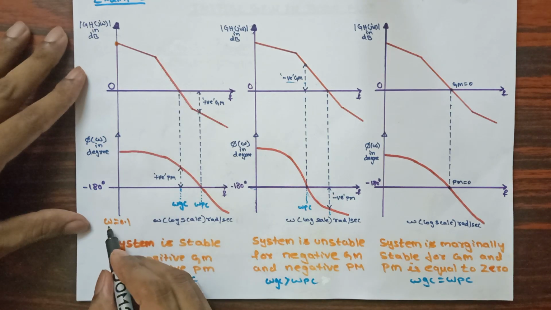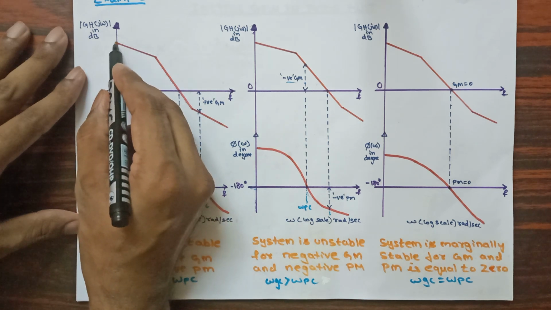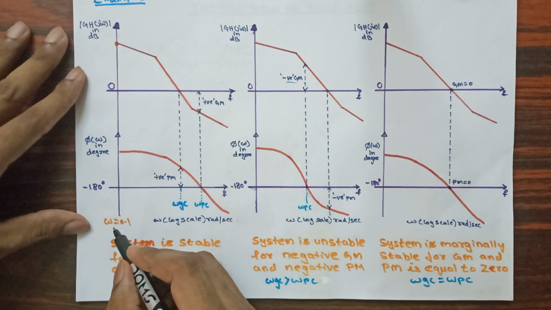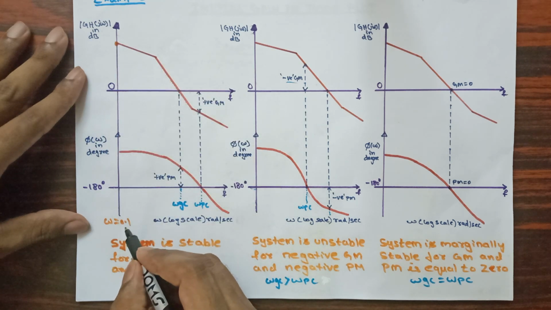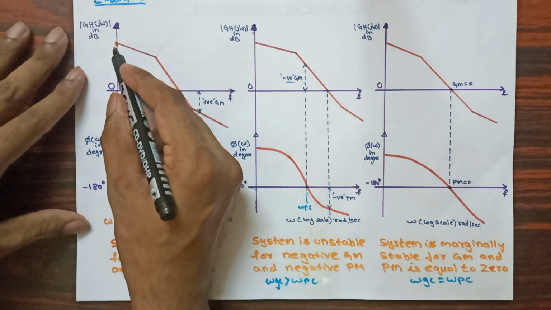So in the graph you can see at omega equal to 0.1, the graph starts with the initial gain. So this initial value we need to calculate in the Bode plot first. This value we call initial gain. So always remember we are going to calculate the initial value at omega equal to 0.1. Let us see with an example how to calculate this initial gain.